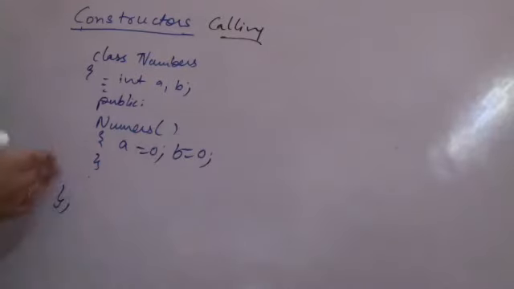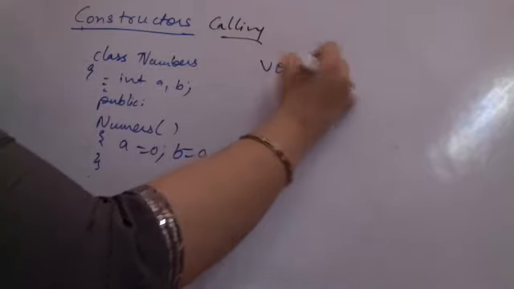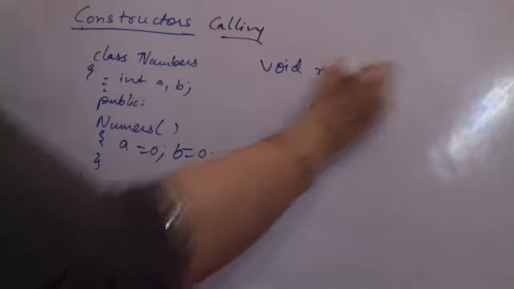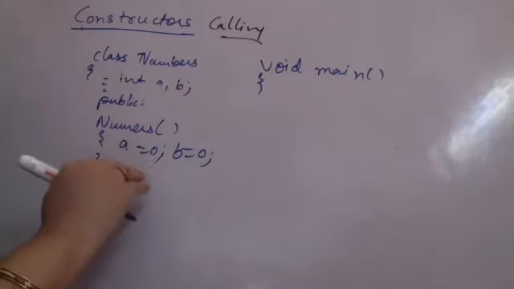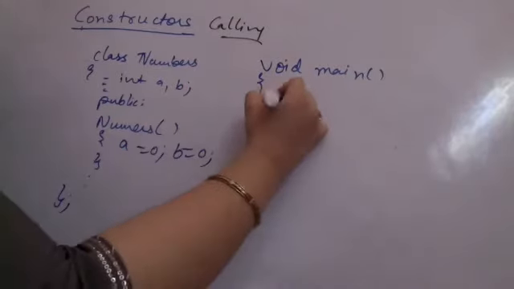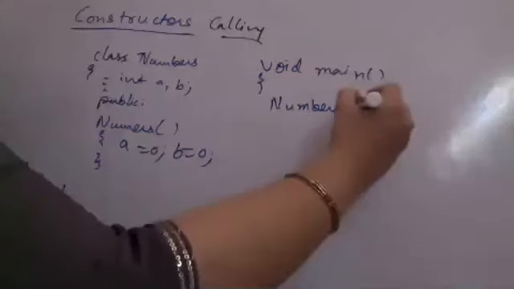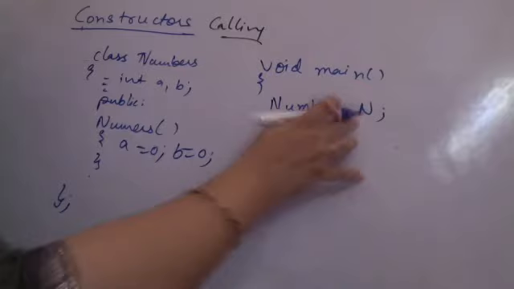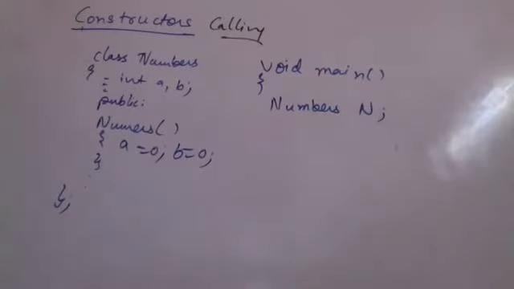The class might have some more functions, but I'm stopping here. So when I'm calling, there are two methods. Supposedly within main, I'm creating the objects. Whenever the object is created, the default constructor will automatically be called. You did not do that separately. So for numbers, I can simply write n. This is an implicit call to the constructor. You don't have to do anything here. There goes an implicit call to the constructor.